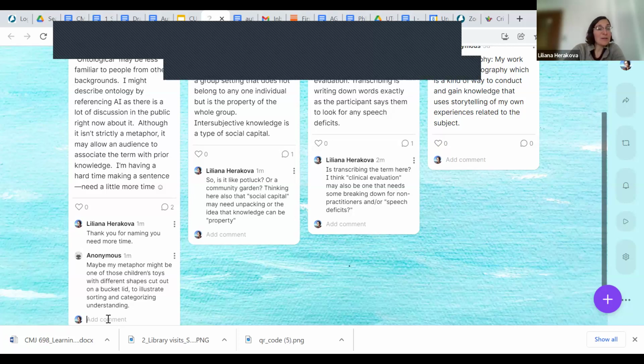I do want to make a quick comment or question about the comments around ontological. I do like this metaphor with the children's stories. This makes me think more about something we refer to as epistemology, which is knowledge and how knowledge is sorted out. We're getting really technical here, but ontology, and those are connected, certainly. So I would be interested in understanding this metaphor a little bit further, but ontology has to do more with what we perceive to be reality or the nature of being.